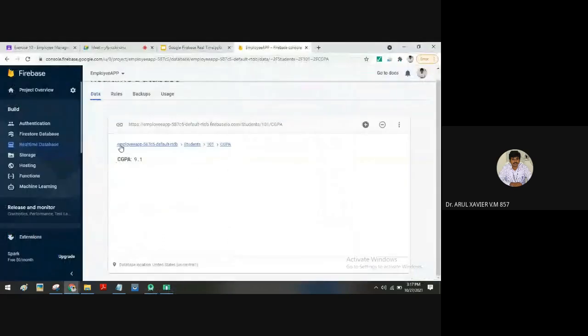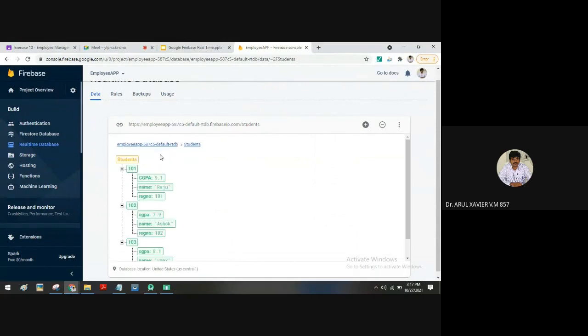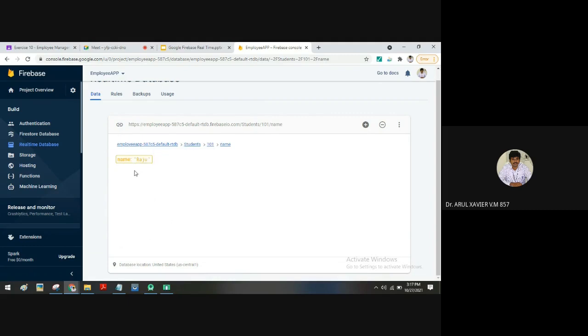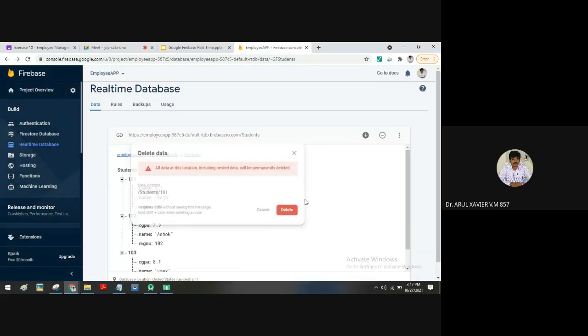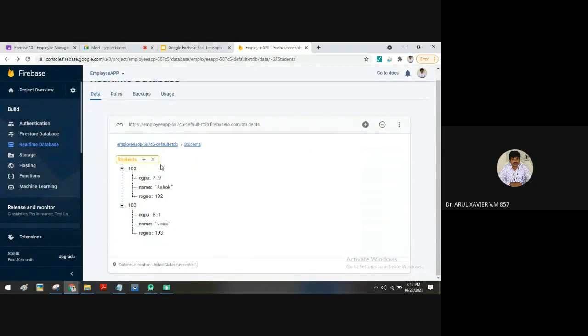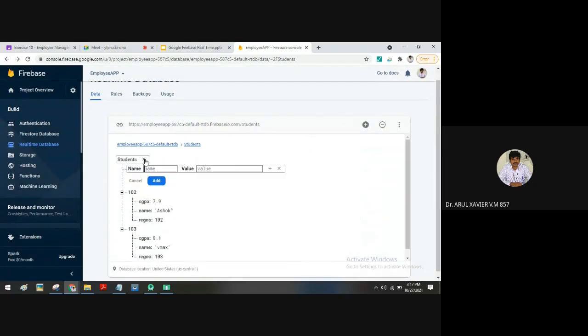Let's see how to modify. Okay, otherwise we can delete that. I will delete this 101 and I will recreate this, okay? 101 I'll recreate and add 101.